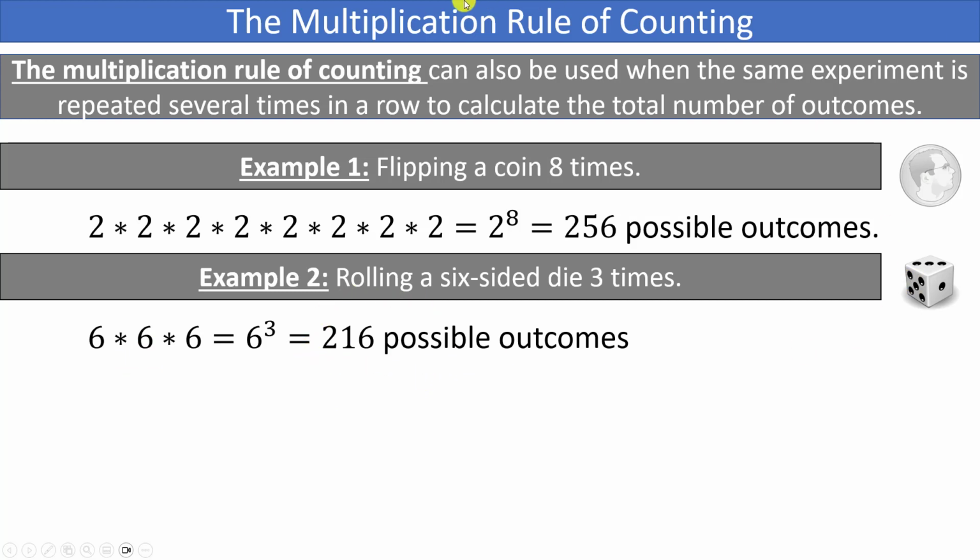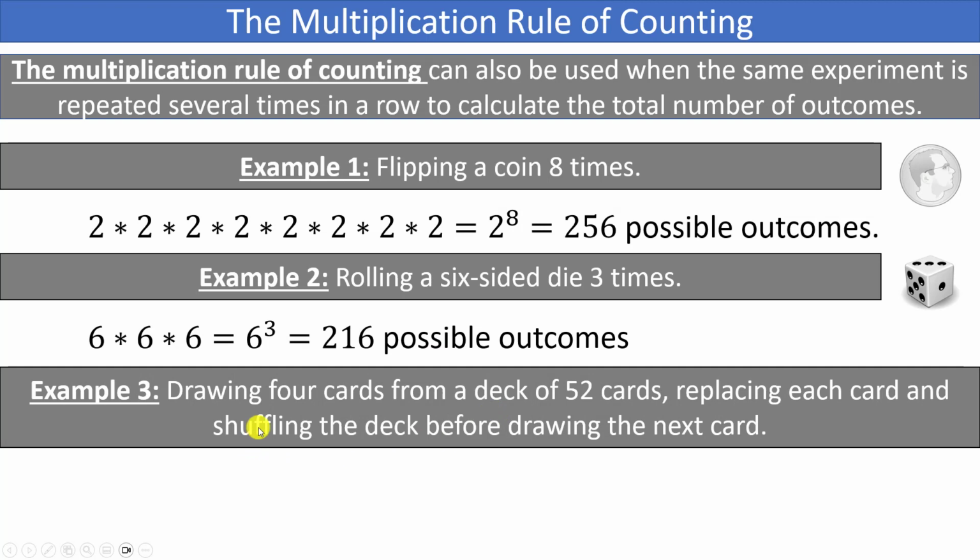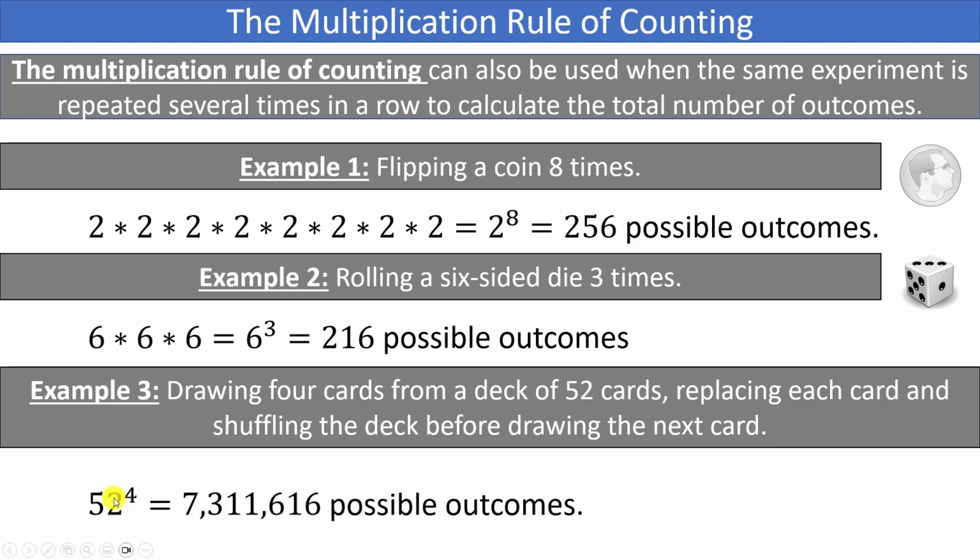So really, this is just the multiplication rule of counting, but it also applies when we have the same thing repeated over and over. Let's look at one more example. Drawing 4 cards from a deck of 52 cards, replacing each card and shuffling the deck before drawing the next card. Well, each draw of the card, there are 52 different options, and then since you're going to be placing that card back into the deck and then drawing again, each draw is going to have basically 52 different options. So that's going to be 52 times 52 times 52 times 52 for the 4 cards, or 52 to the 4th power, which comes to